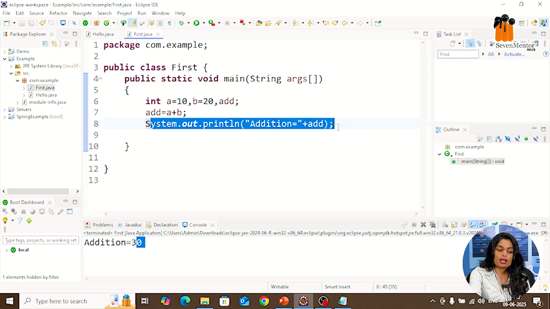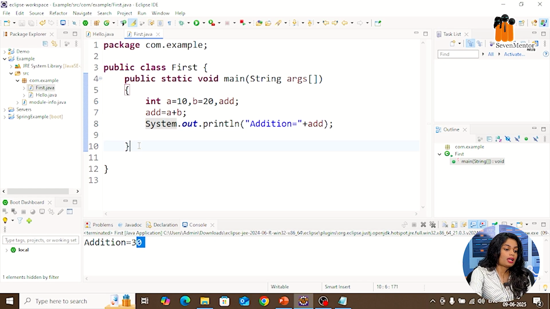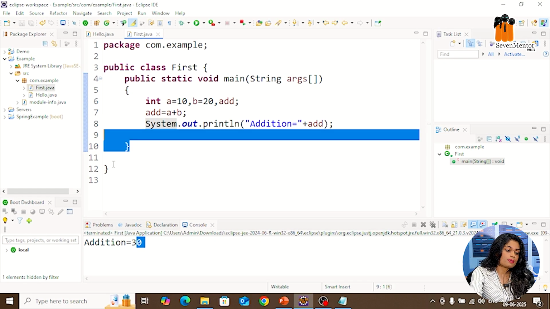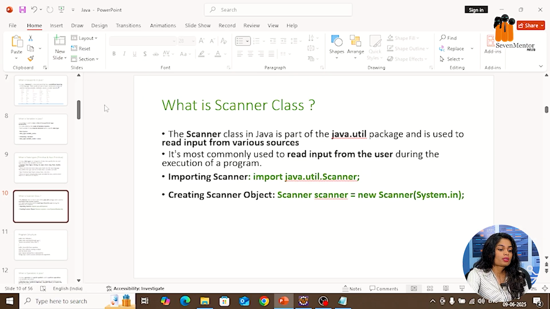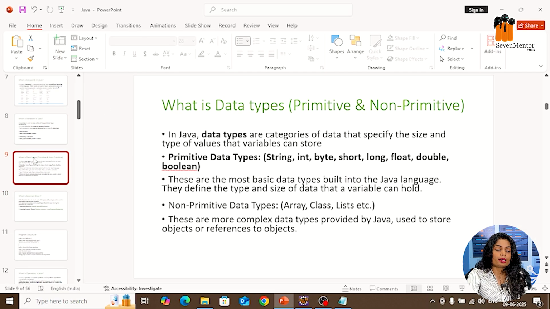So in Java, if you want to display anything on the output screen, like if you just want to display the dot also on the output screen, you have to use system.out.println. System is a class, out is an object, and println is a method. And then my block of code is done, so I am just going to close this bracket. So this is basically the first or second program of Java, where you can perform manipulations like that. This is basically up to the primitive and non-primitive data types.